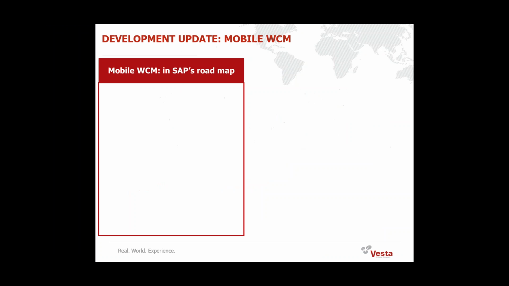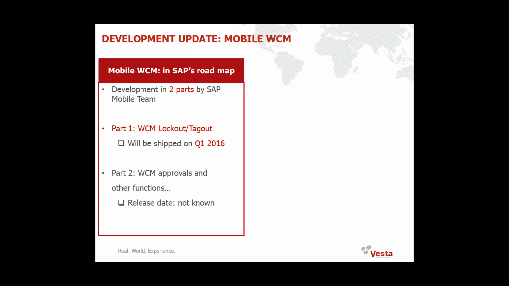The WPM is in the roadmap of SAP. There are two parts. The first is the WCM Lockout Tagout. So you will be happy, it will be shipped on QA 2016. The second part is the WCM approvals and some other functions, but up to now we